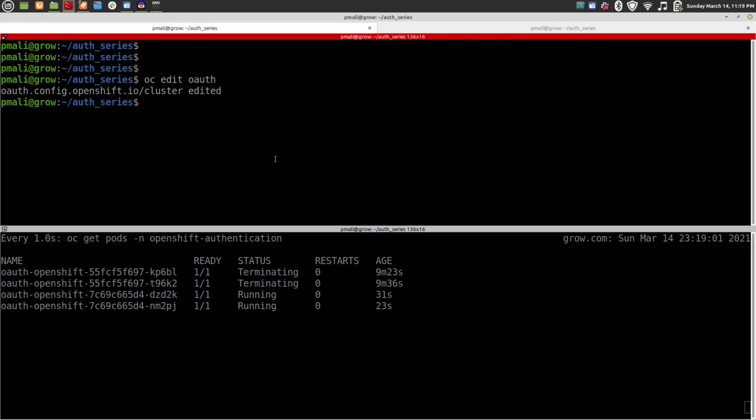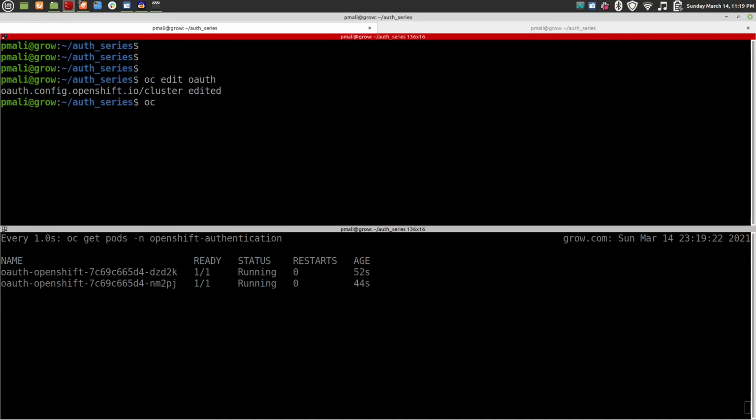Okay, it's removing. So in the meantime, let's try to log in and see if we are able to log in with our GeekSurf user.